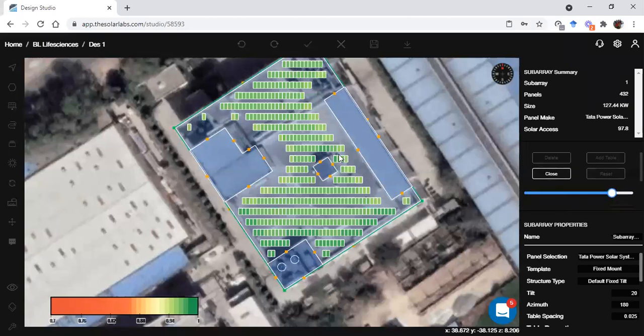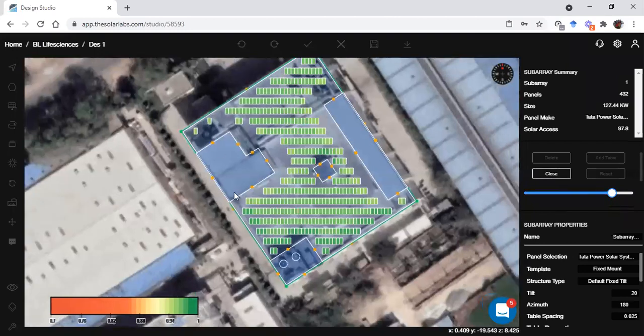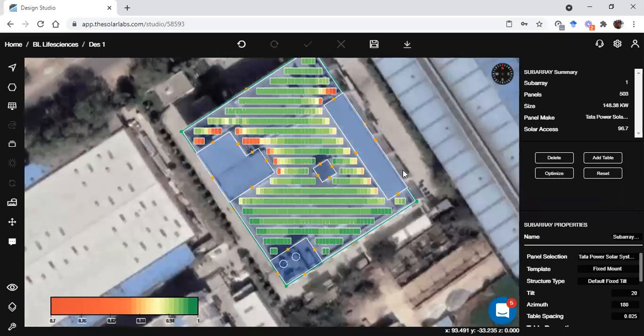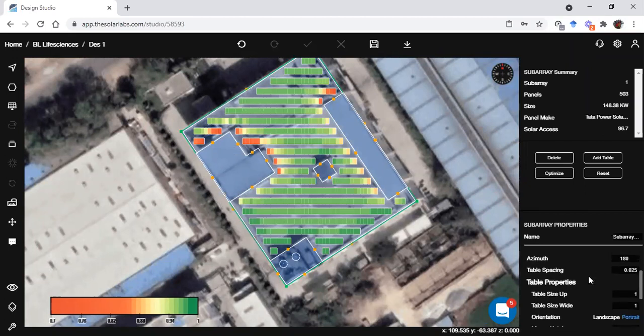So this is how you can optimize all the panels on an RCC rooftop. Second thing we can do is, let's say I want the complete size. We also have the option here to increase the mount height, because we know this mounty is at a particular height. So if I increase the height of my panels to this mounty or higher than this mounty, then these panels will not have the shadow. For that, we have this option here, that is the mount height.